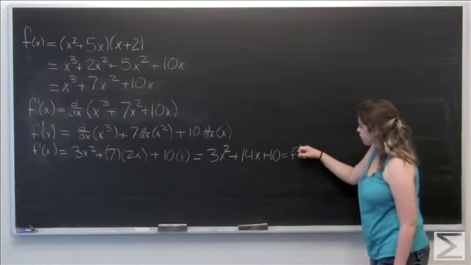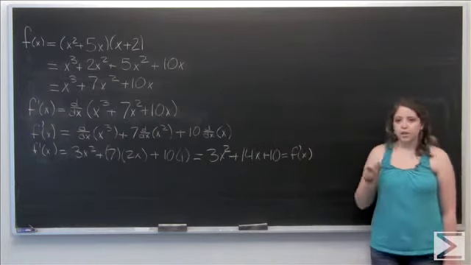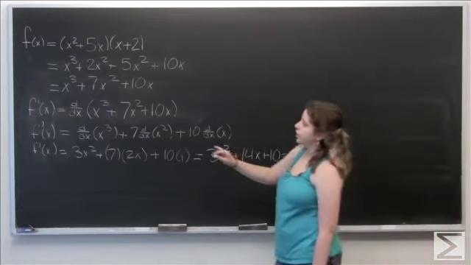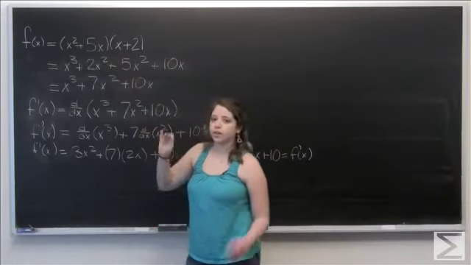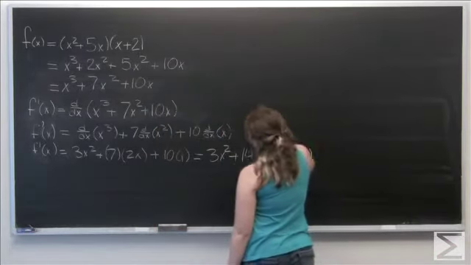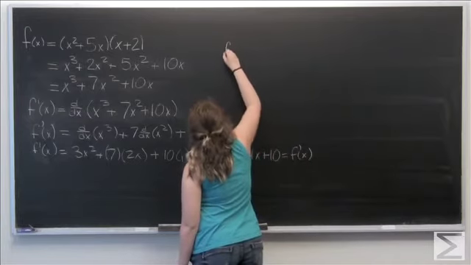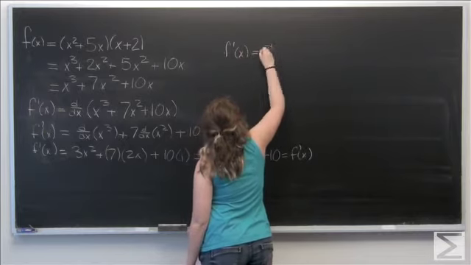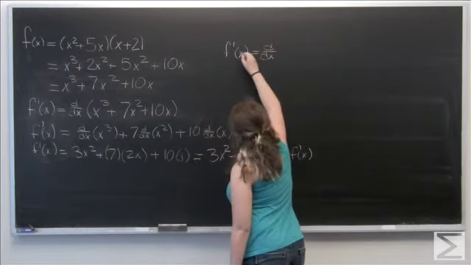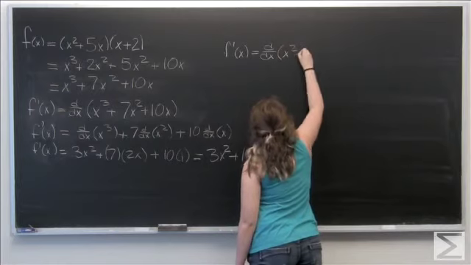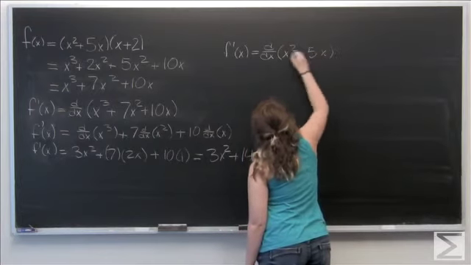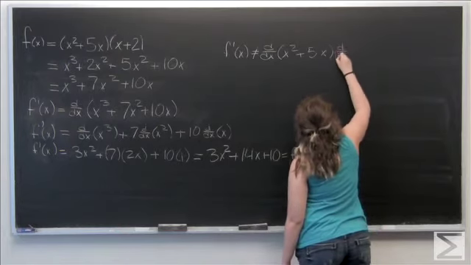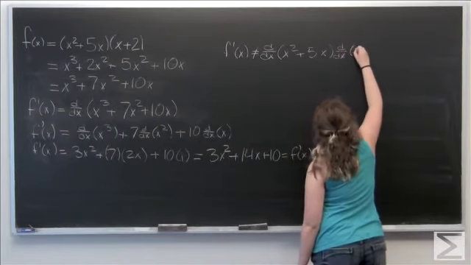That's your final answer. But first, another thing is we want to check and prove that you can't just take the derivatives of these two things and then multiply them together. So, if we took the derivative of that first one, x squared plus 5x, I should say, does not equal that, times the derivative of this,